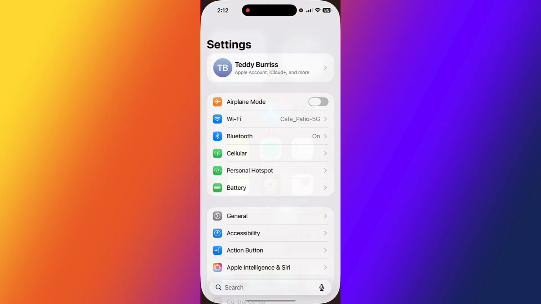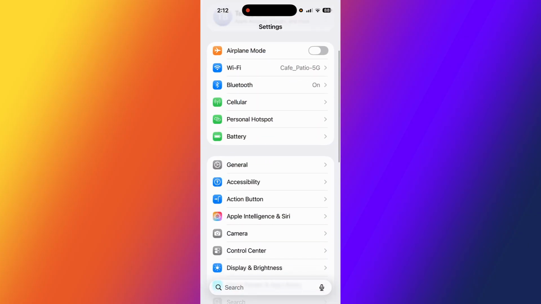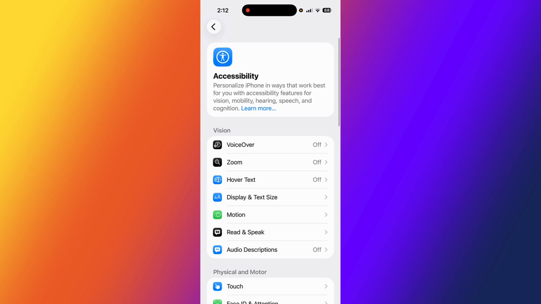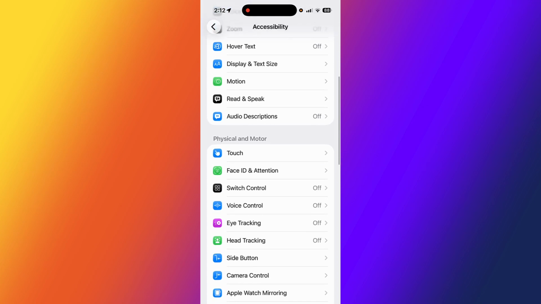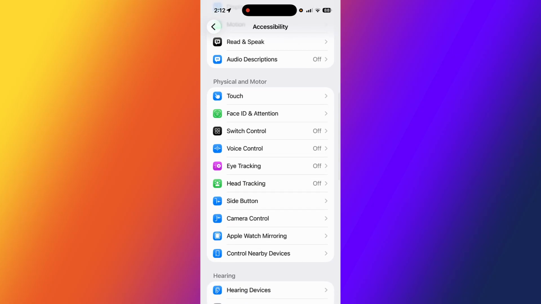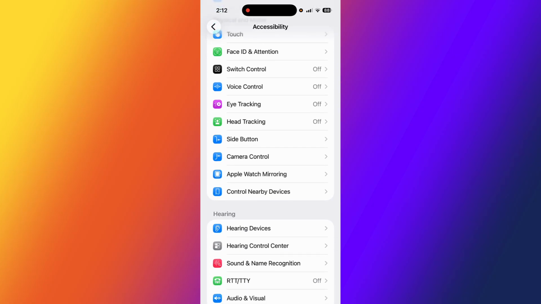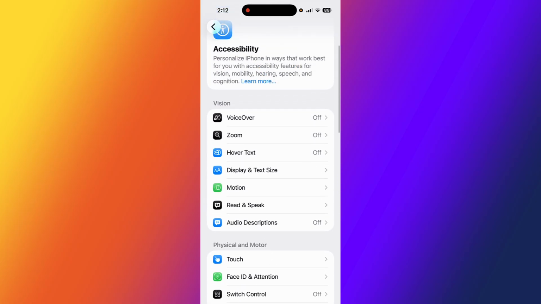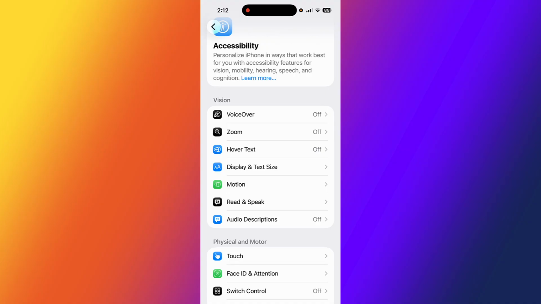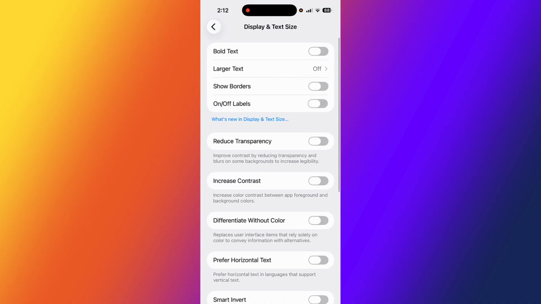If I go into settings, go to accessibility. Under accessibility, there are a lot of options in here that are worthy of reviewing and considering for yourself and/or for your aging adult who's using an iPhone. The one area that I want to focus on today is vision, and I specifically want to focus on display and text size. Under display and text size, there are a lot of options. Again, these are worth exploring to see if they can help your senior citizen be able to use their cell